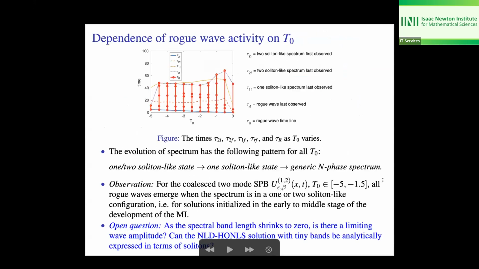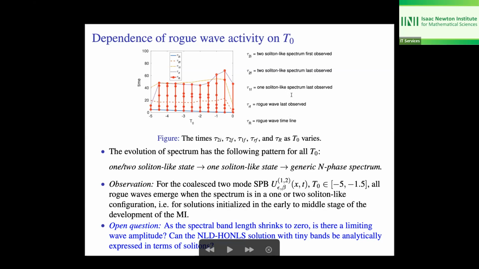Okay, and so that was for specific T naught. And so what's the dependence of the rogue wave activity on T naught? And so here, what we are plotting is the time a two soliton-like spectrum is first observed, and that's given by the blue line, and then the time at which a 2 soliton-like spectrum is last observed, and that's given by the dashed red line, and